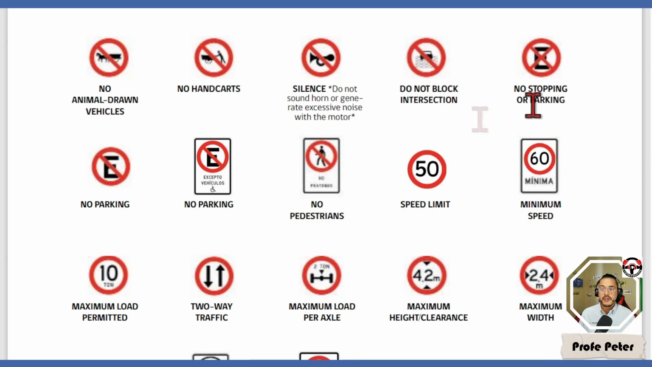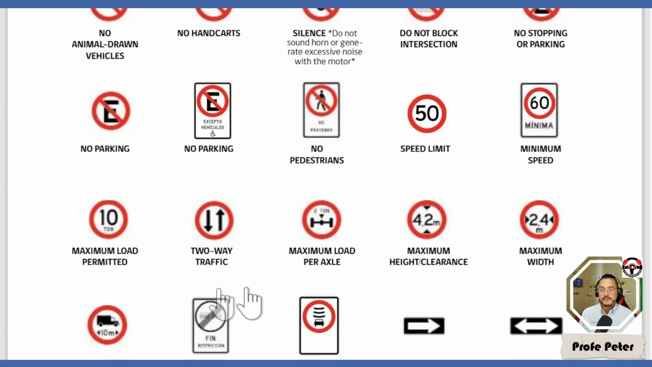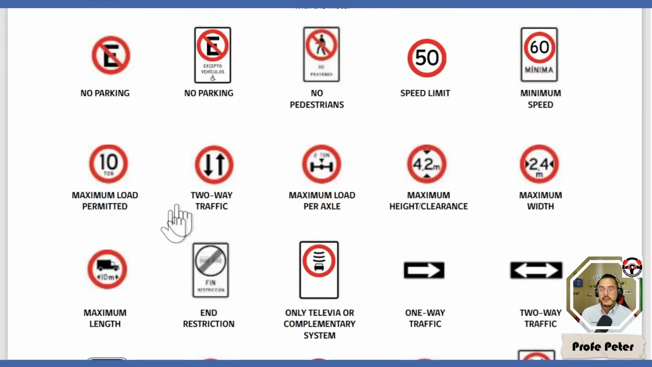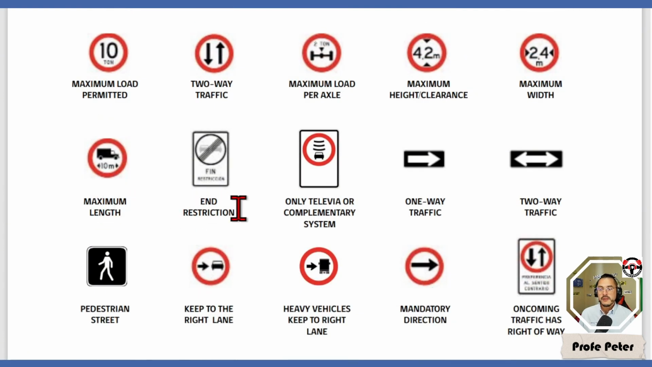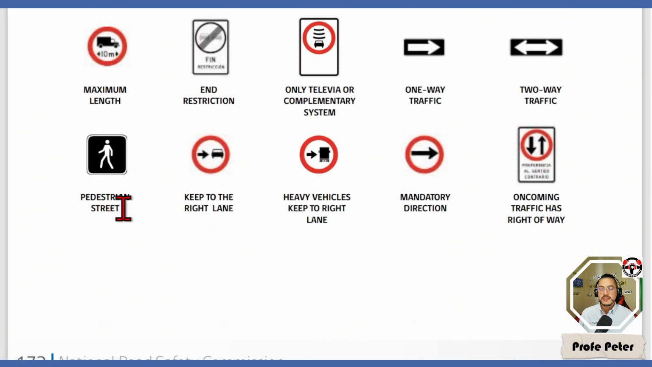no stopping or parking, just no parking, no parking in the specific premises, no pedestrians, the speed limit, the minimum speed, the maximum load permitted, two-way traffic, maximum load per axle, maximum height clearance, maximum width, maximum length, end of the restriction, only televia or complementary system, one-way traffic, two-way traffic, pedestrian street, keep to the right lane, heavy vehicles